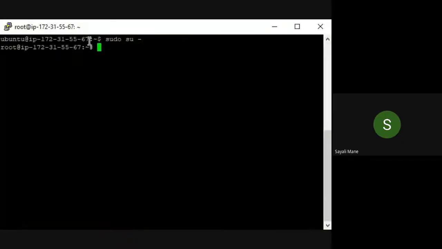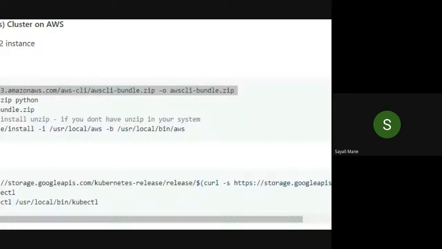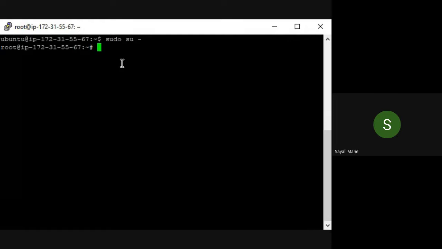Okay, so first type sudo su dash, then you will enter into the root one. Now the second step is install AWS CLI. Click copy on the first command and paste it over here.